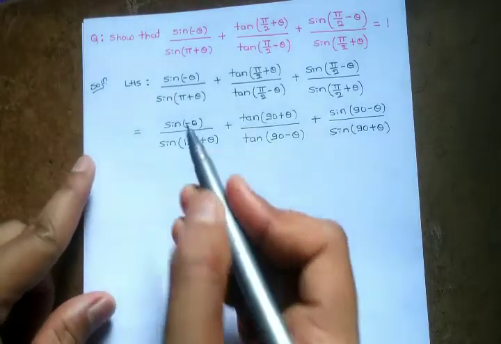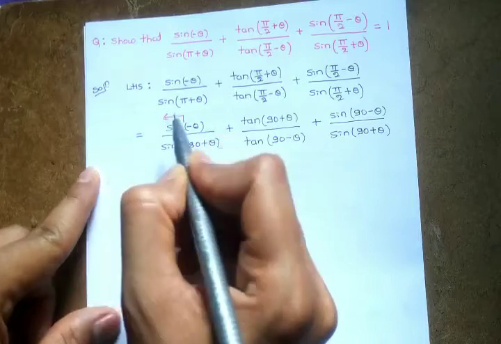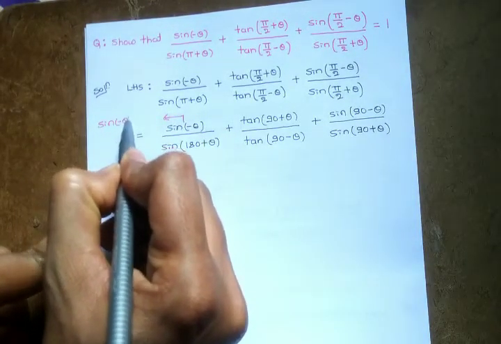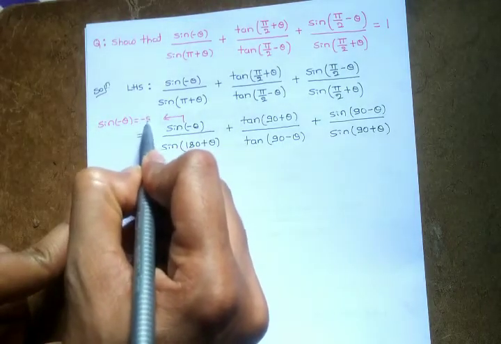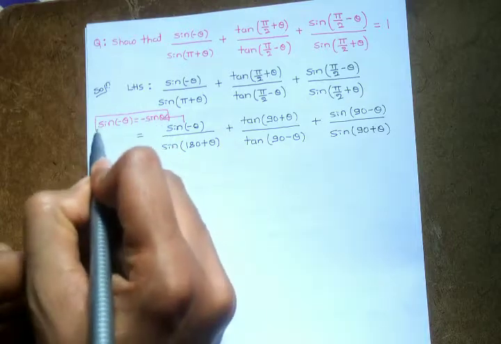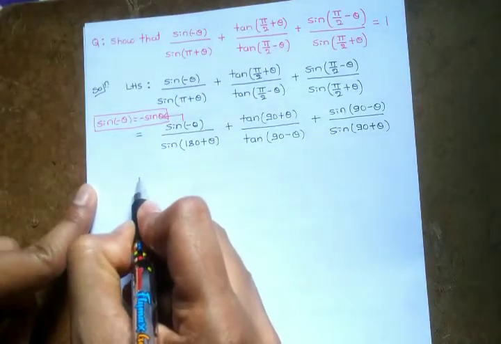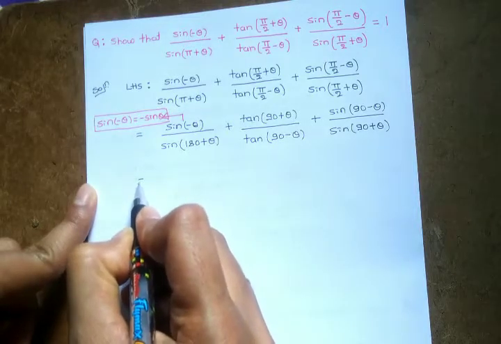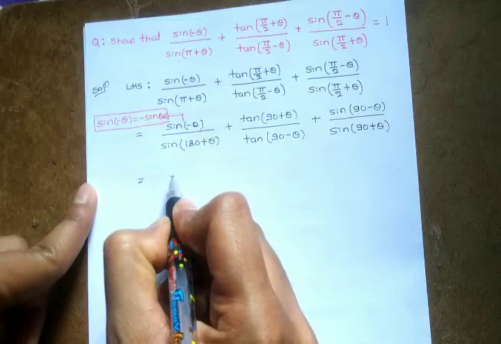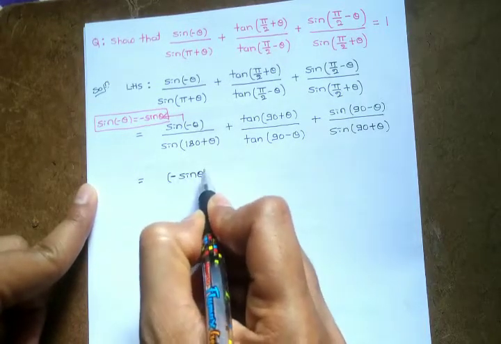Okay, next, so you know, here again a trigonometric ratio of minus theta. You know this formula: sine of minus theta value is minus sine theta. Okay, sine of minus theta value is what? Minus sine theta. Therefore, this sine of minus theta becomes minus sine theta. So in bracket I am going to keep.